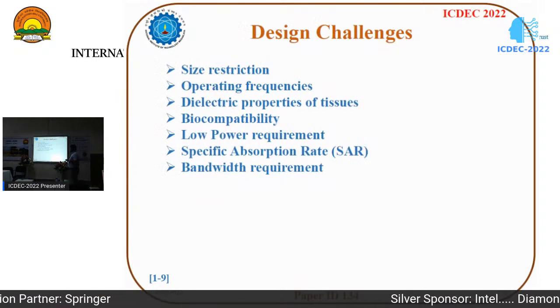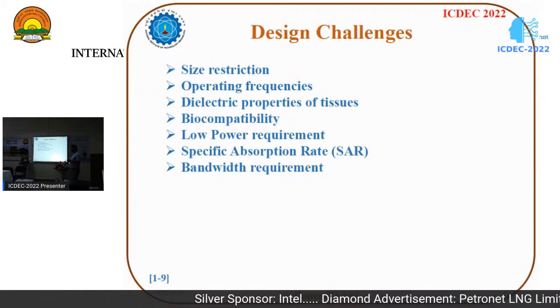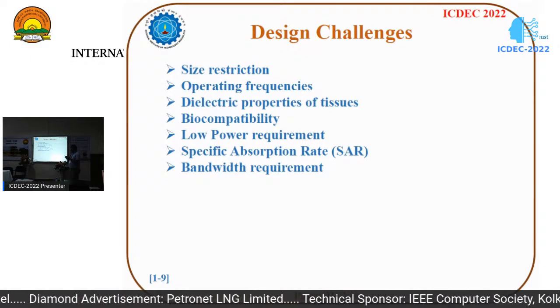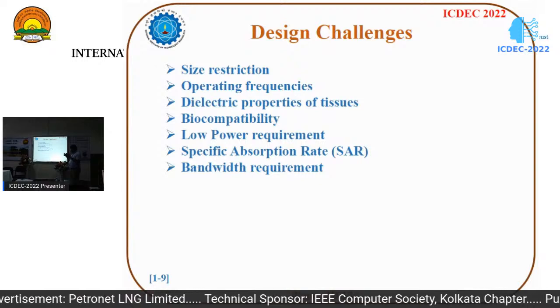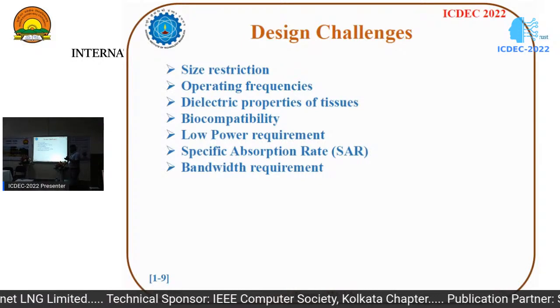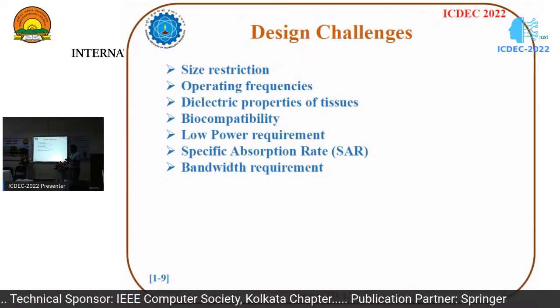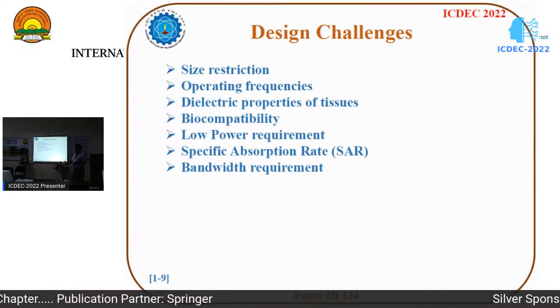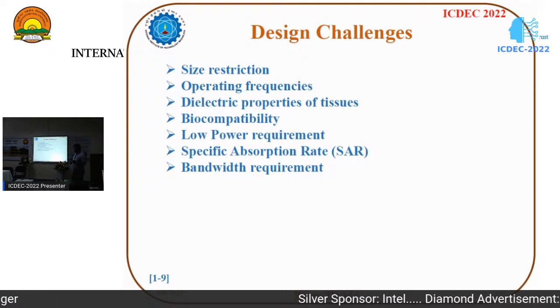Another challenge is the dielectric properties of tissue. Our tissues are very highly conductive. So why am I putting this here as a challenge? Highly conductive means that our device antenna itself is a metallic structure. If we put a current-flowing structure inside a conductive area, there is a high chance of short circuiting. That means a failure of the device. Then we have to